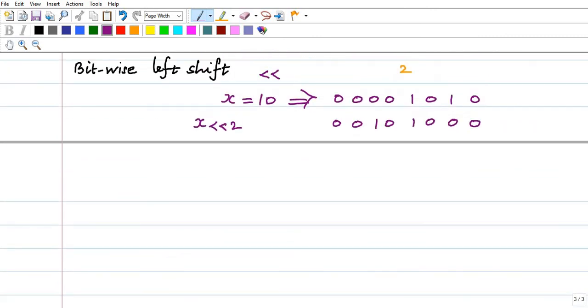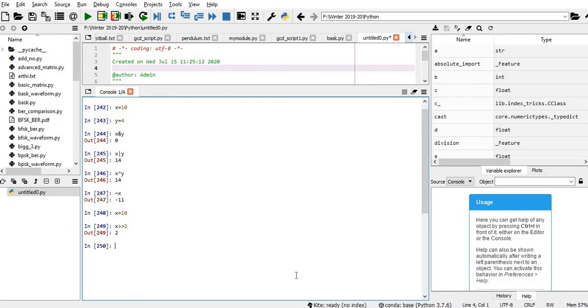The corresponding decimal equivalent: 1 into 2 power 5 plus 1 into 2 power 3, which is 32 plus 8, 40. We need to get 40 as the answer. We will verify this. x less than 2, and yes, we are getting 40.